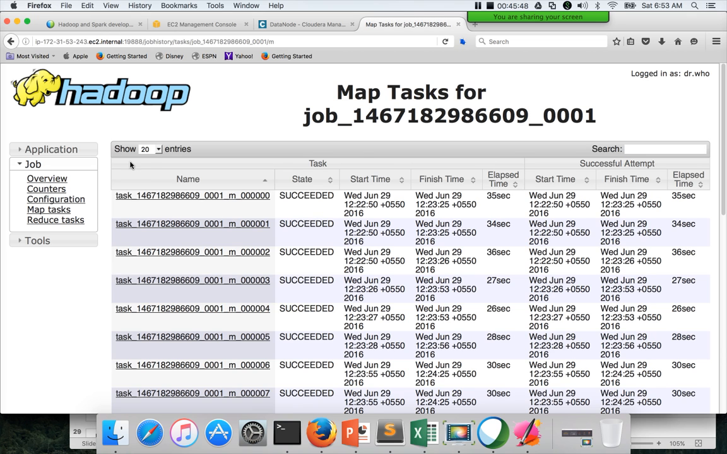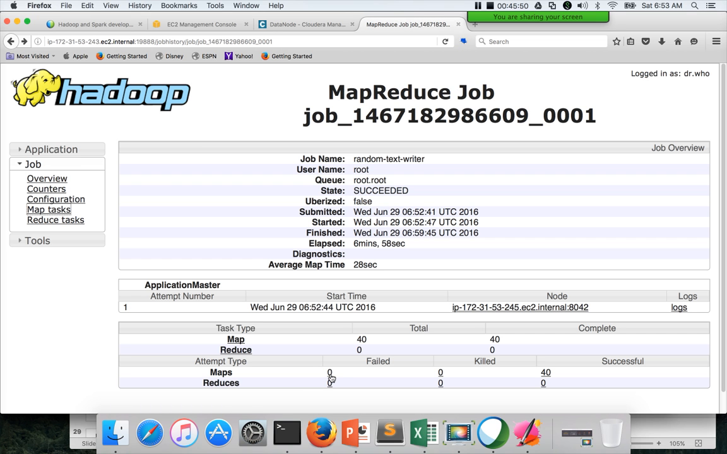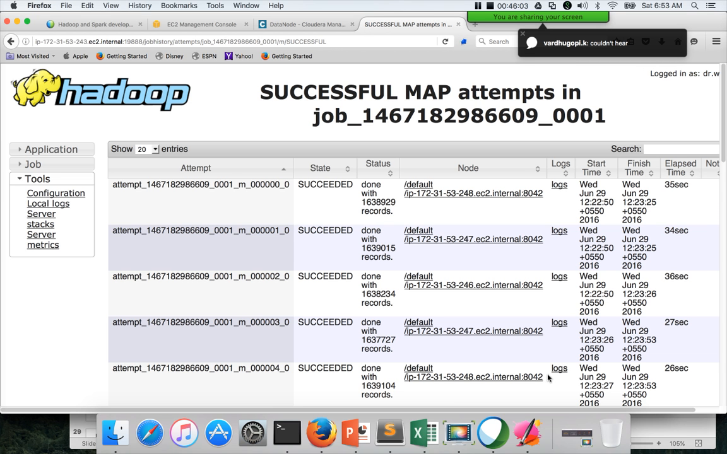If there are any failed tasks, they will be shown here, and you can click on that. It will directly take you to the failed tasks. Just click on that. It will filter out the failed tasks and show them. Okay, so once you get the tasks that failed,